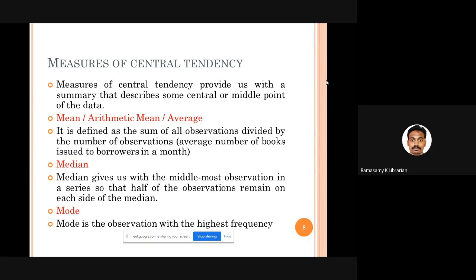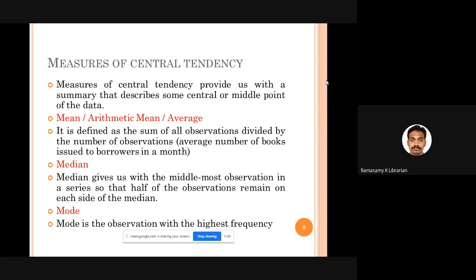Please understand. So these measures of central tendency can be and should be used based on the type of data. See, if your data is something like nominal data, you can go for mode. Okay, whether males are more or females are more, you can go for nominal data. If your data is ordinal, ranked data, you can go for median. Okay. Then if your data is something like numerical in number, then you can go for mean as a measure of central tendency.